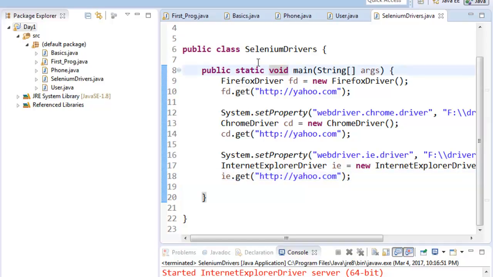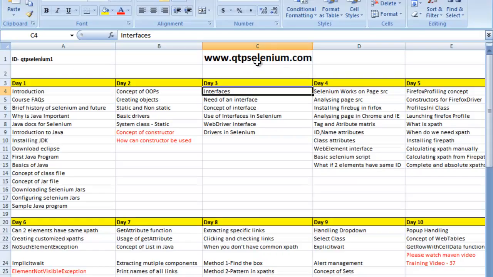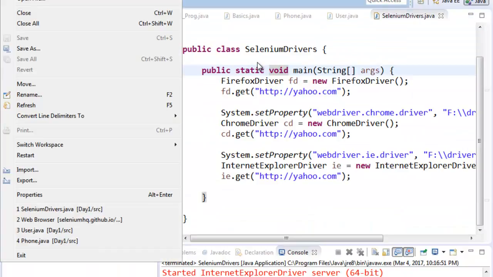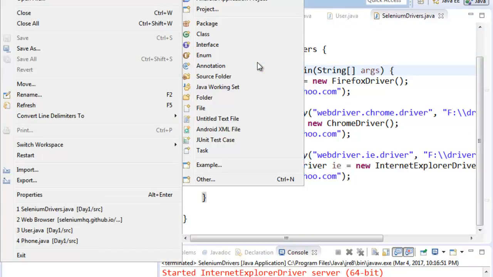So the thing is, there are three drivers: Firefox, Chrome, and IE, which I had talked about yesterday. And the question arises: will I have to learn each and every one of these drivers separately? And the answer to that is no, because there is a concept of interfaces which is there in Java. So what I'm going to do is create a new Java project for today,